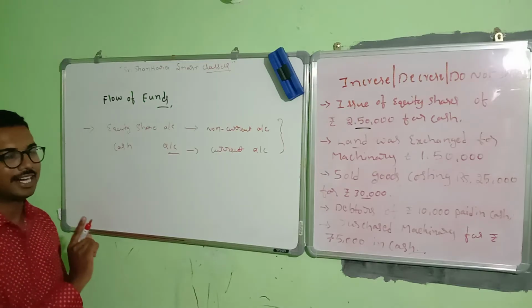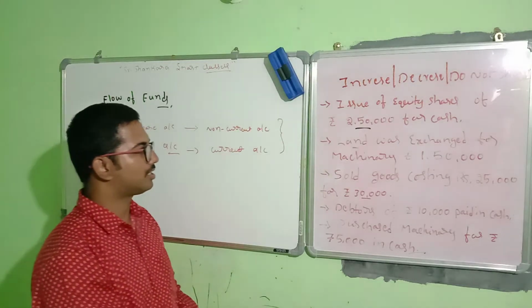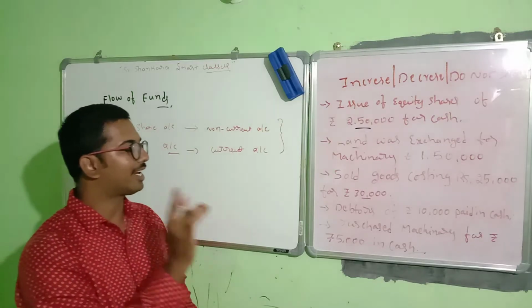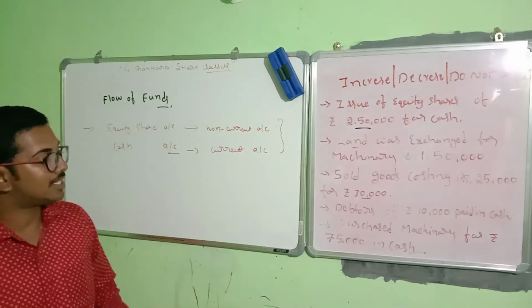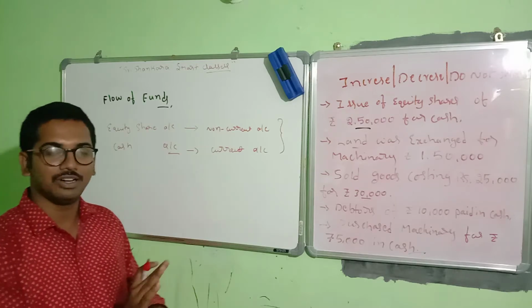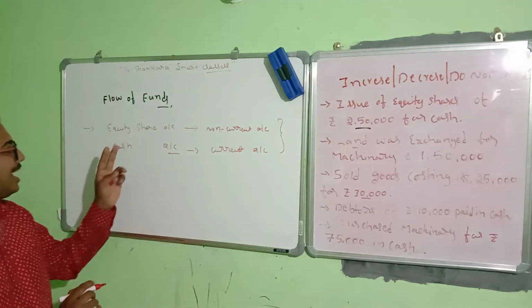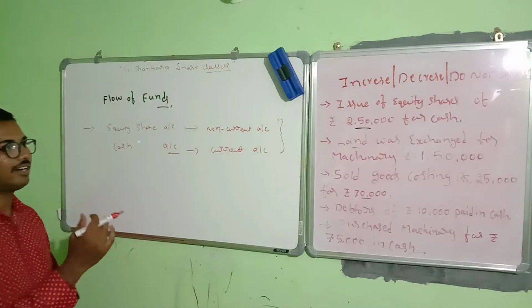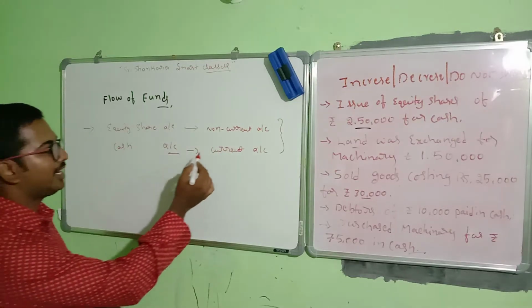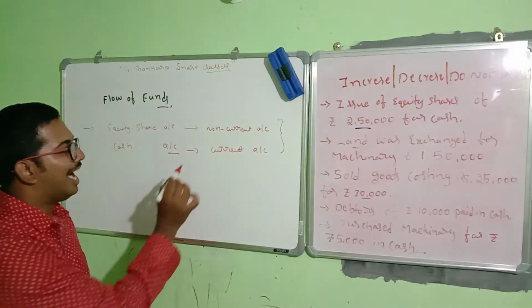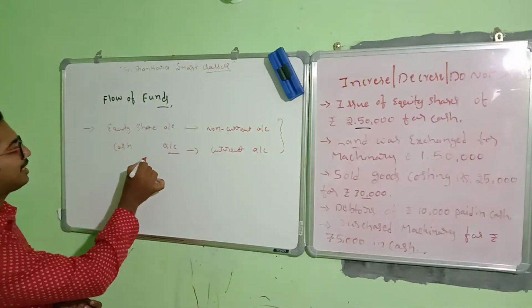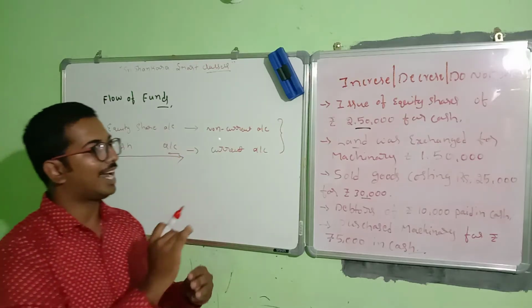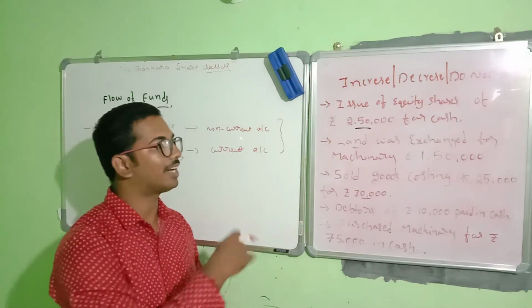First, a transaction between two current accounts: no change in working capital. Second, a transaction between two non-current accounts: no change. When the transaction happens between a current account and a non-current account, it leads to increase or decrease in working capital. So this is the third categorization. Identify the current account, either current asset or liability. Cash is the current asset. Look at the transaction to see whether the cash is incoming or outgoing.